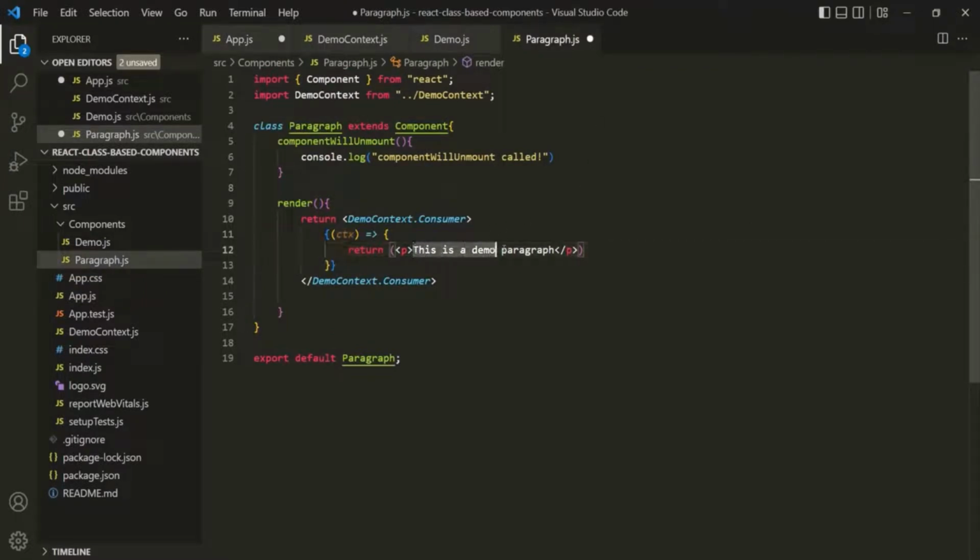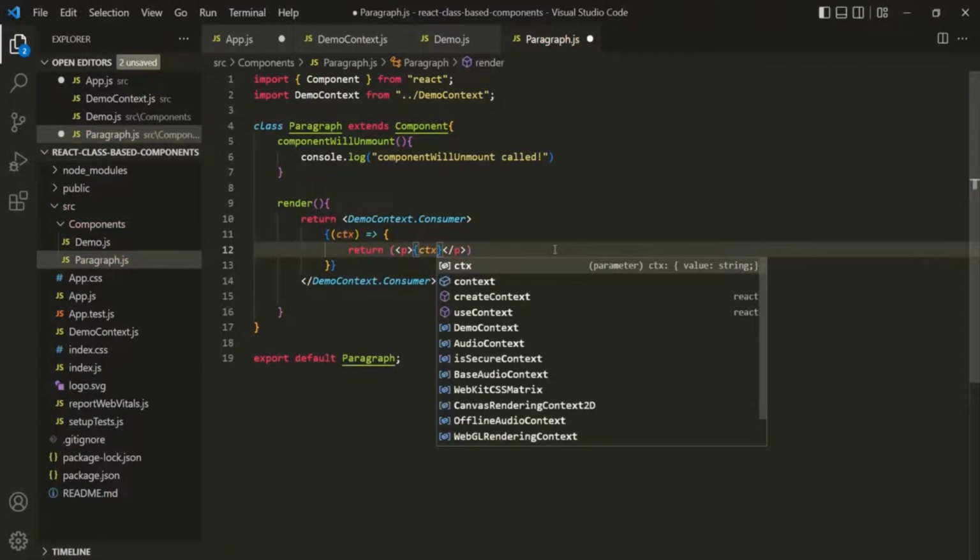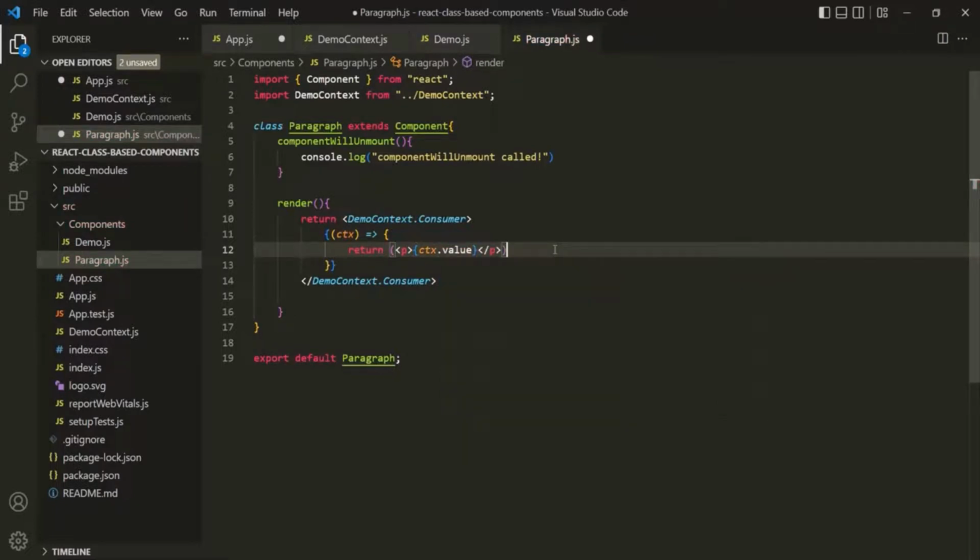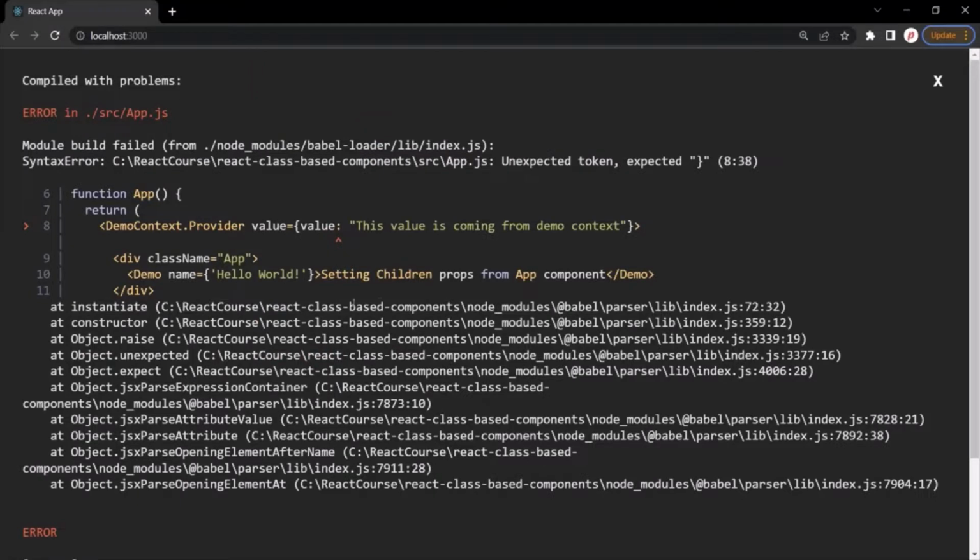So here we can again use a set of curly braces like this. And here we can say ctx.value. With this, let's save the changes. Let's go to the web page. And here we have an error. And this error is because